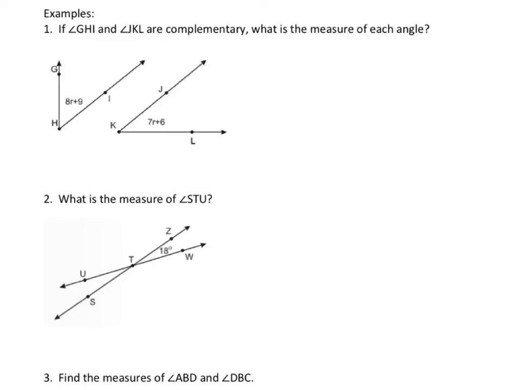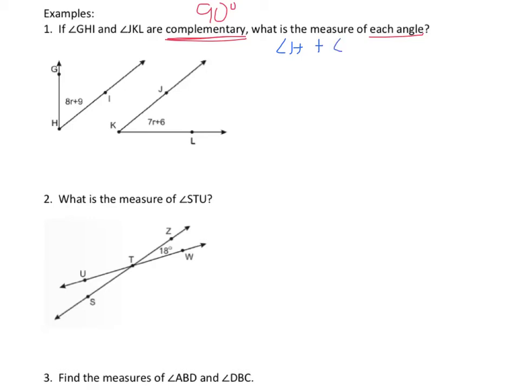Section 2, Video 3. If angle GHI and angle JKL are complementary, and we know that complementary means 90 degrees, what is the measure of each angle? So here's an example where we're given some shapes, we're told they're complementary, and we have to use that information to create an equation. So we know that if the two angles are complementary, then angle H